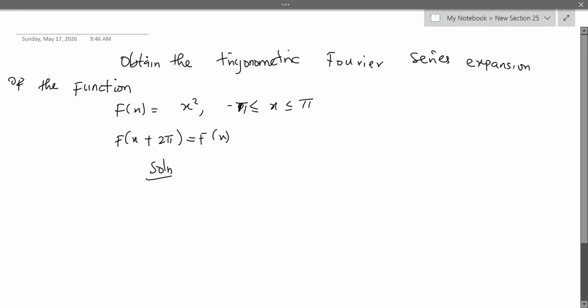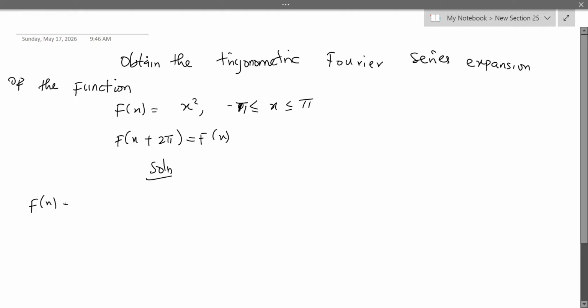This question is similar to the previous one. The only difference is that the interval has been changed from 0 to 2 pi to minus pi to pi. So we are still going to solve it in a similar fashion, but the values of your constants will be different. Alright, so when they say we should obtain this function using the Fourier series expression,